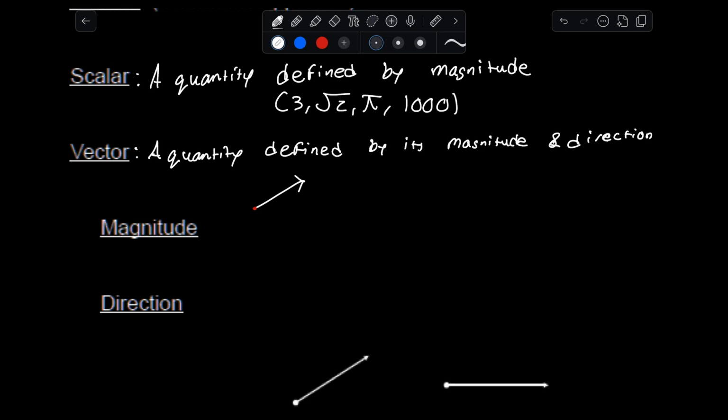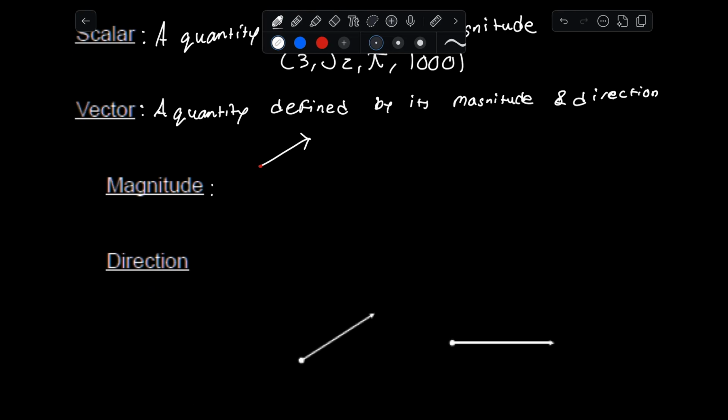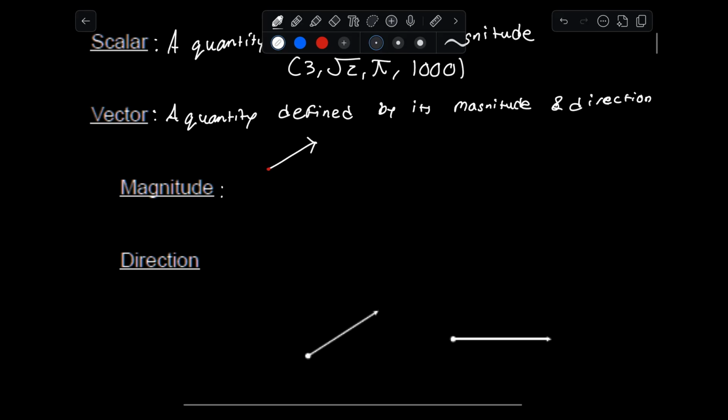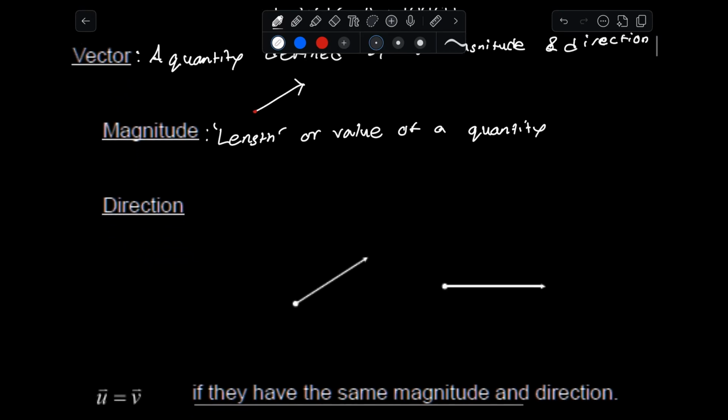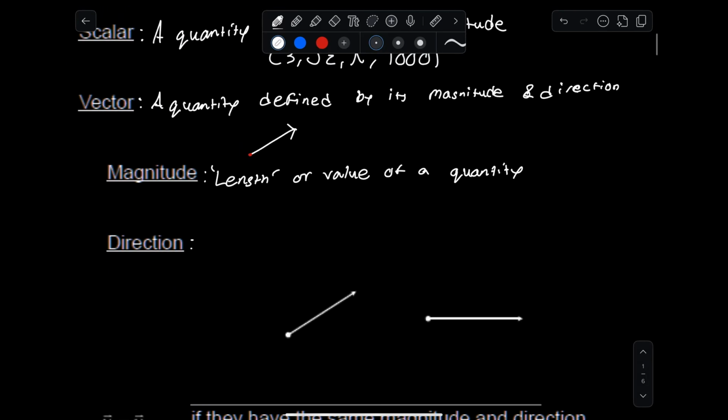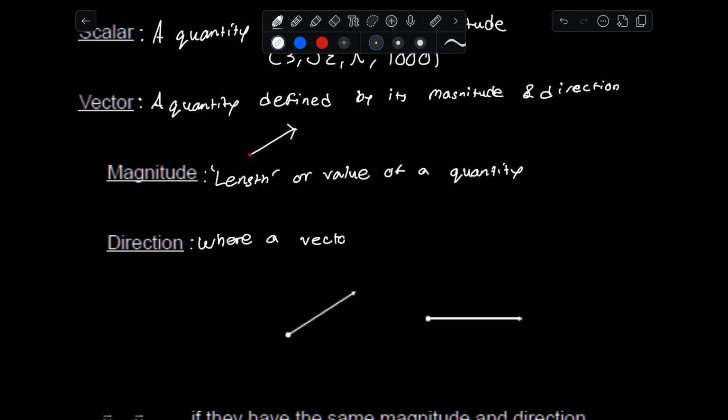And that kind of ties into the other two words at the bottom, magnitude and direction. Magnitude just refers to the length or value of a quantity. I feel like that's self-explanatory when we think of something like, I have 3 apples or 5 gallons of milk, right? That's a magnitude of a quantity. We're just saying the number attached to it. And direction specifically refers to a vector, where a vector is pointing